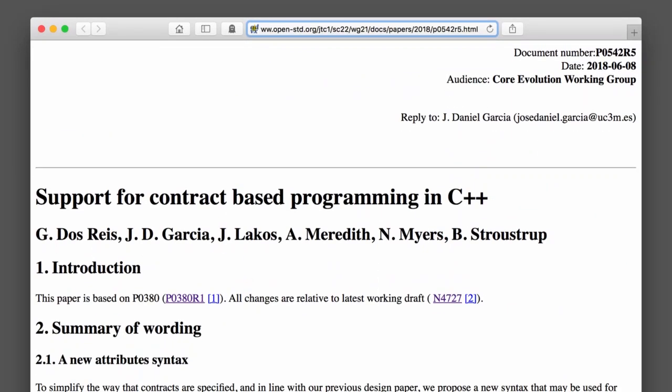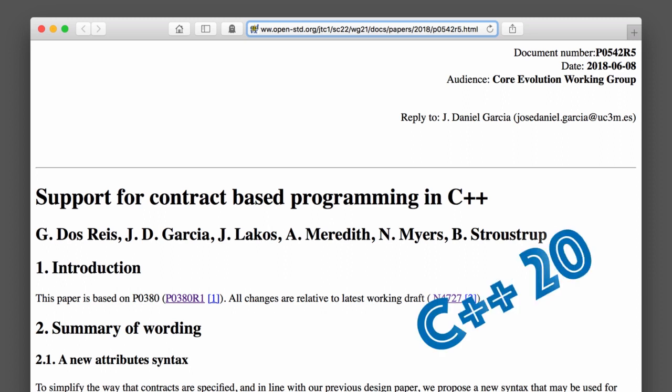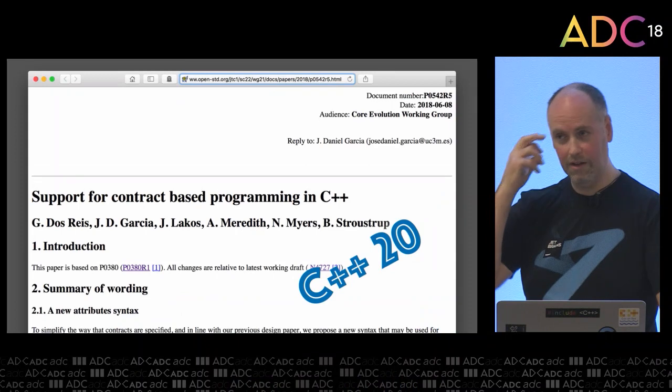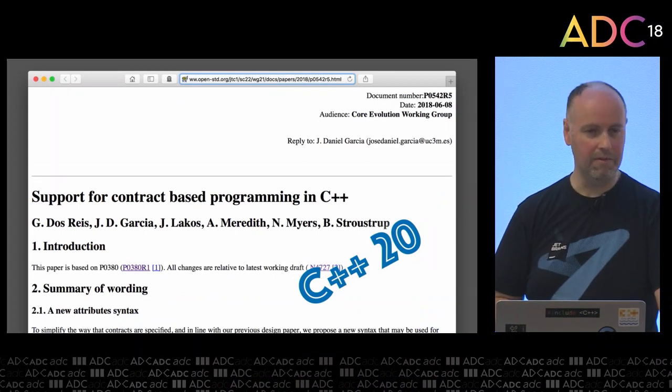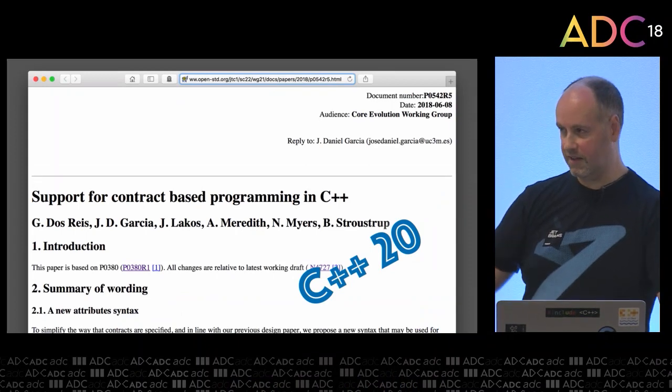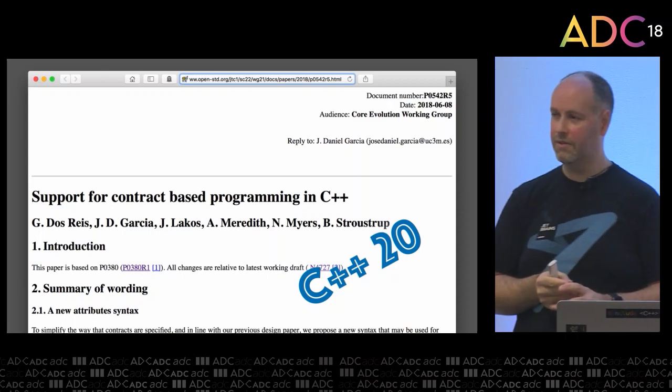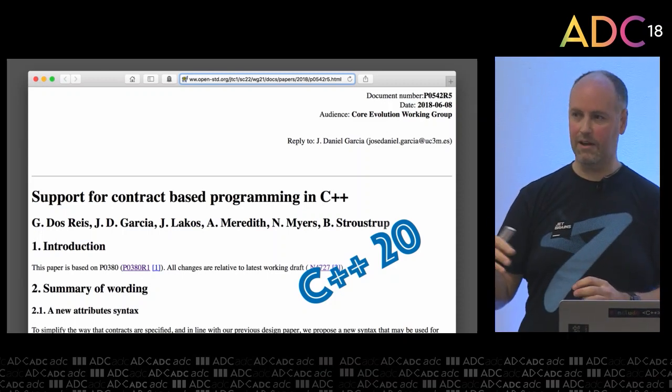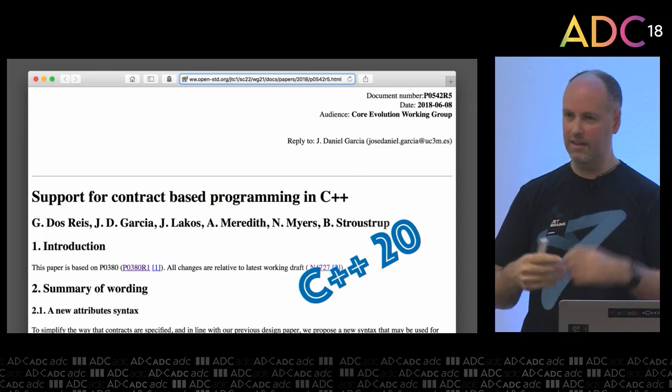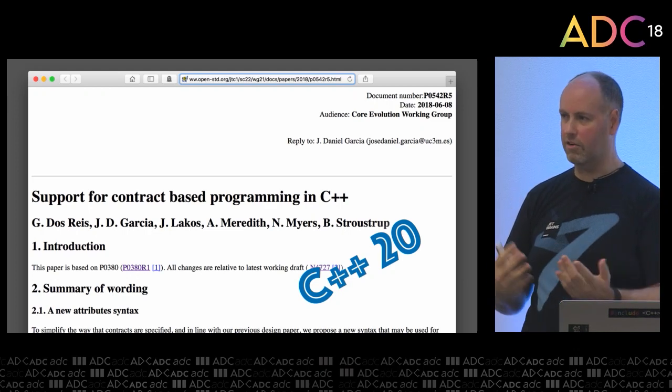So I mentioned contracts. There's the proposal that's in C++20. In San Diego a couple of weeks ago, there was more discussion on it, still actively being discussed, but it's definitely in 20. So this is going to change the way we write a lot of code. So it's worth becoming familiar with this if you're not already. So as well as the asserts that we currently have, we'll have the ability to specify preconditions and postconditions. There'll be the interface, more fine-grained control.